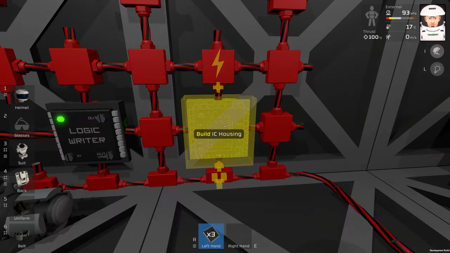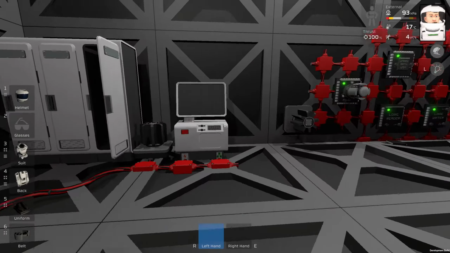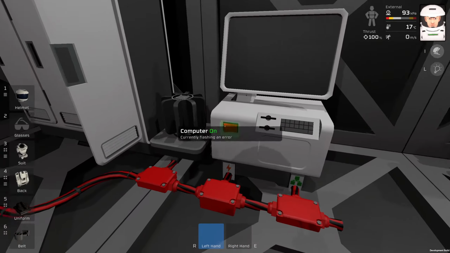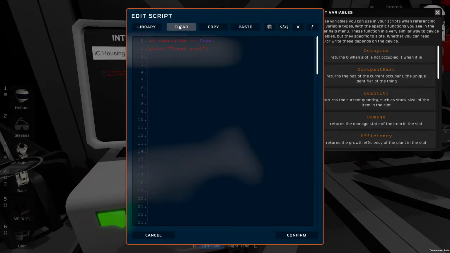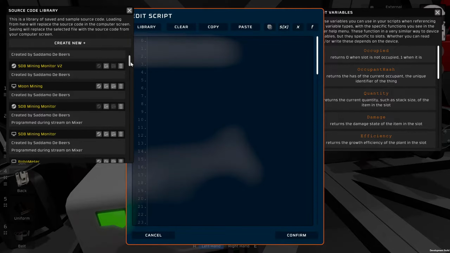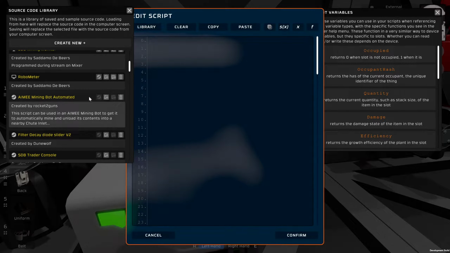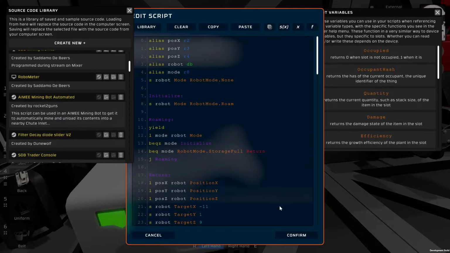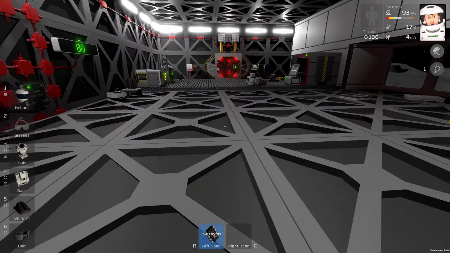I will use this IC housing, IC chip. I will boot this Windows 95 machine. So I will clear this code library, and you can find this program on Steam. That's the official program for the mining robot. So download it, program the chip, confirm, export, take the chip,